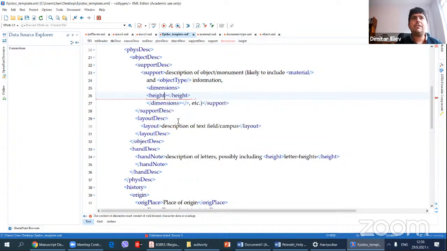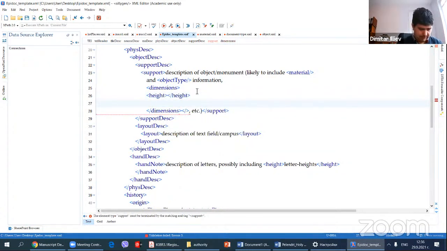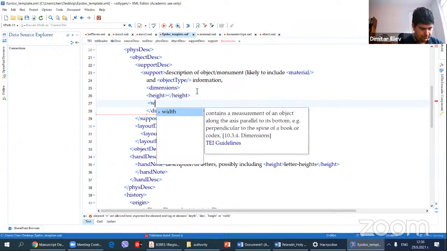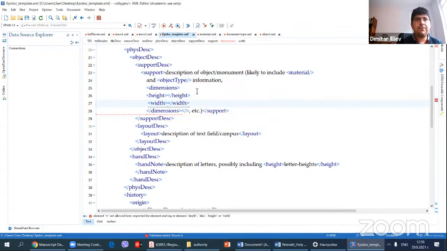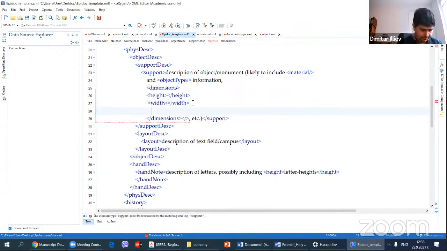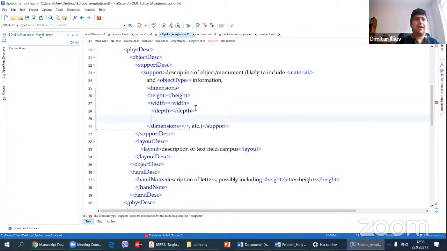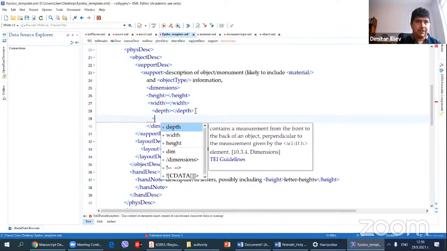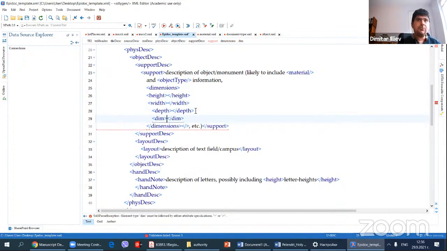Height. Width. Depth. And if you have diameter, let's say, you use the dim tag, which stands for dimension, dim type